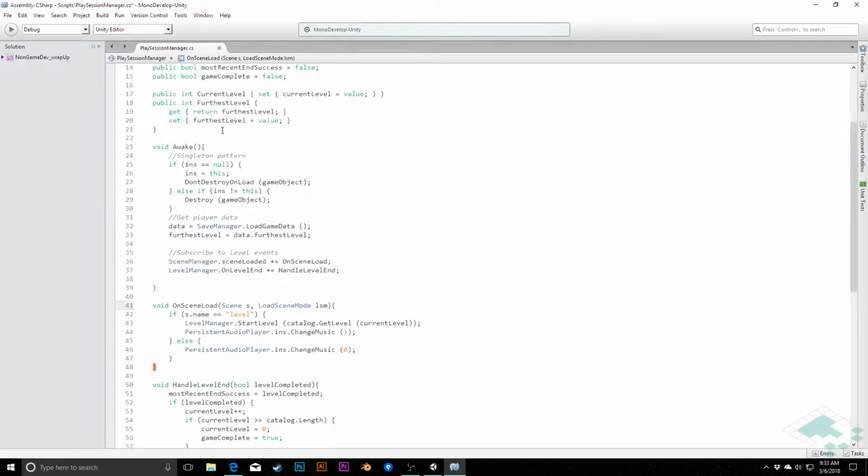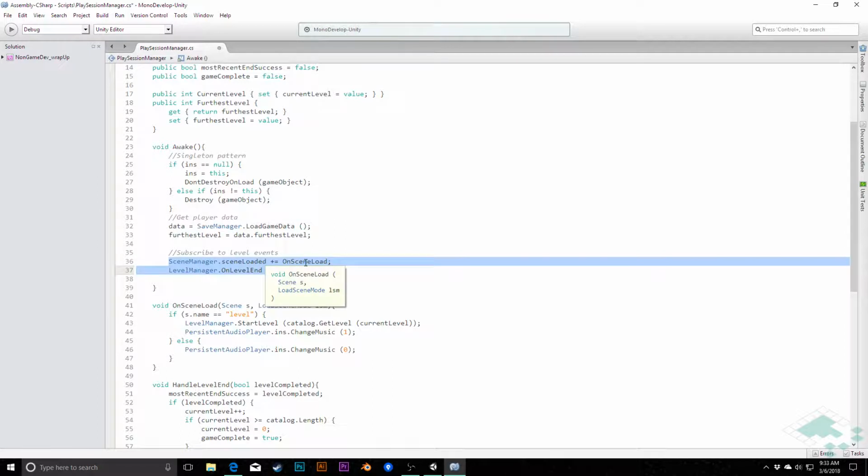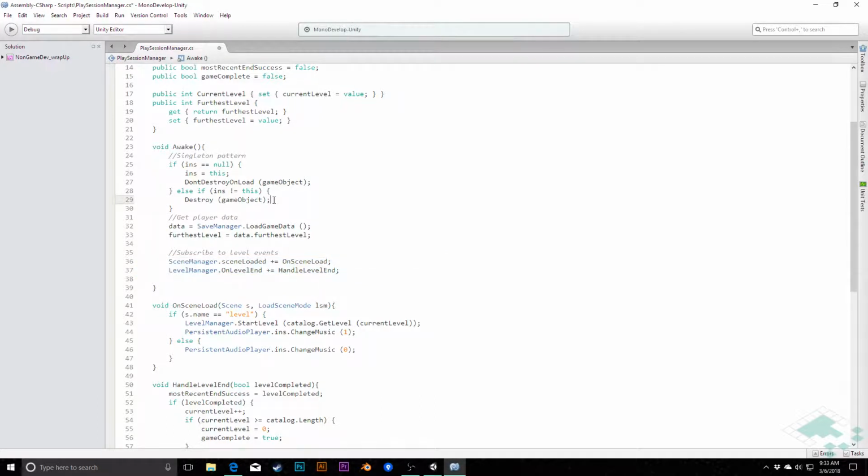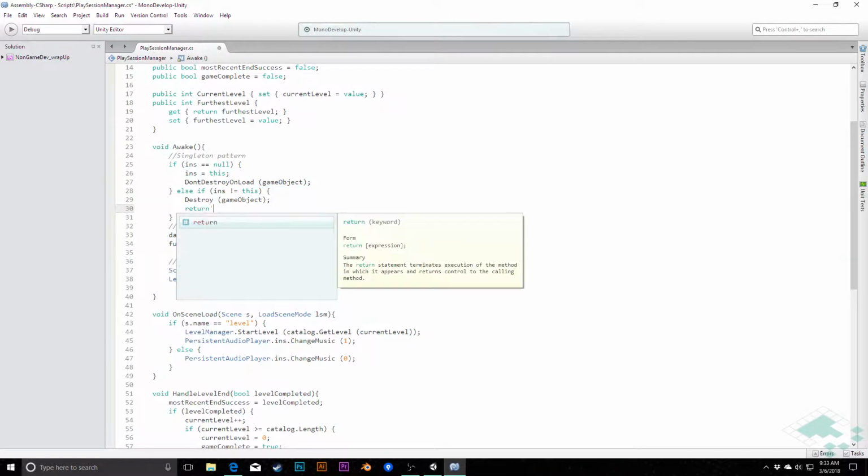So now we can look up here and say, well, it'd be nice if we had another way of resolving this, because what we really want to make sure doesn't happen is that these events get called on the duplicate play session manager. And it's actually really easy for us to do, and it's simply one word of code really. We need to just say in here, if you are not the instance, you're going to set yourself to be destroyed, and I don't want you to do any of this other stuff here. So we're simply going to say destroy and then return. It was a really simple